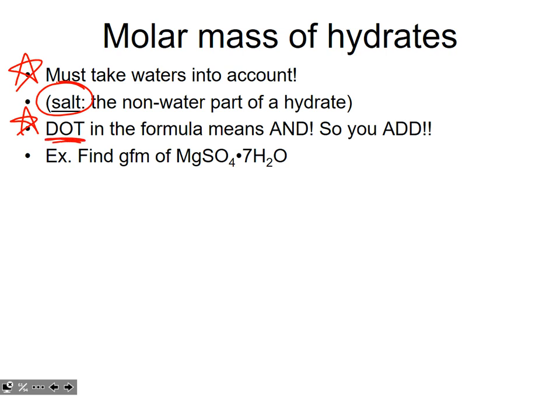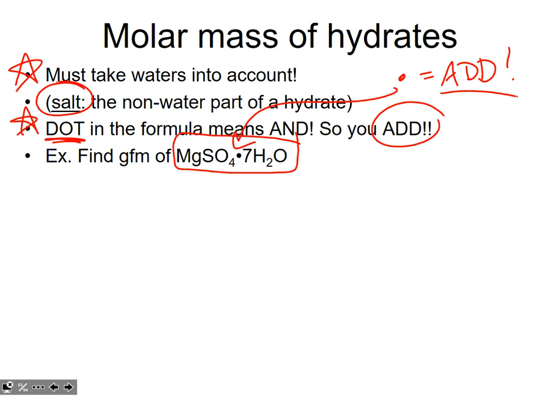to think about the dot that's in the formula, right? This is the example that we're going to do, the gram formula mass of magnesium sulfate heptahydrate. This dot right here, it doesn't mean multiply. I know it means multiply in math class, but this is not math class, this is science class. And the dot is saying it's a magnesium sulfate and 7 waters. And if you think about what "and" means mathematically, it means addition. So the dot means add. Don't multiply. So realistically, finding the gram formula mass of magnesium sulfate heptahydrate means that we just have a magnesium